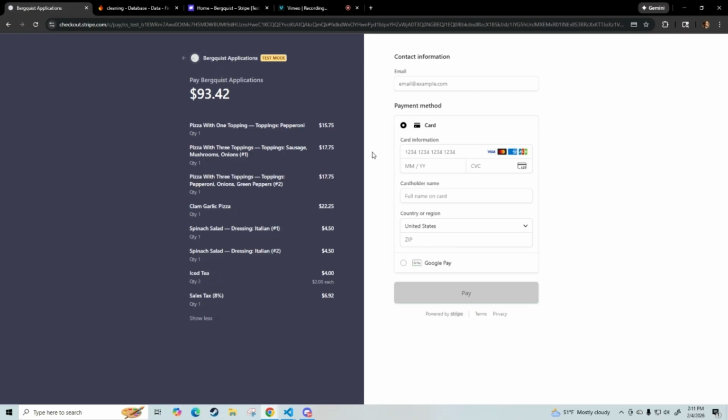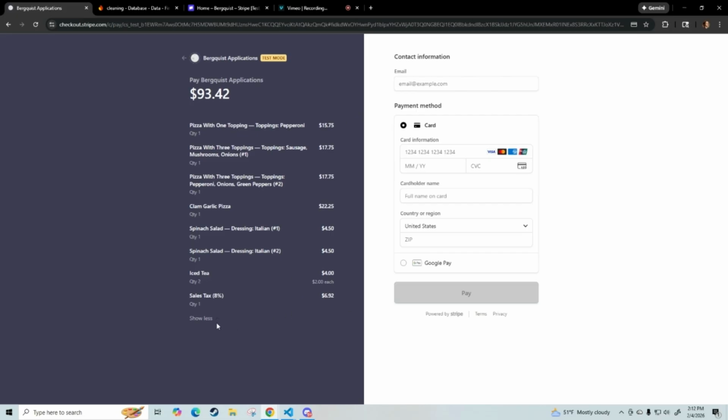You don't want a form where you're entering card information that feels kind of sketchy or not totally secure. So it's Stripe's pre-built checkout page,